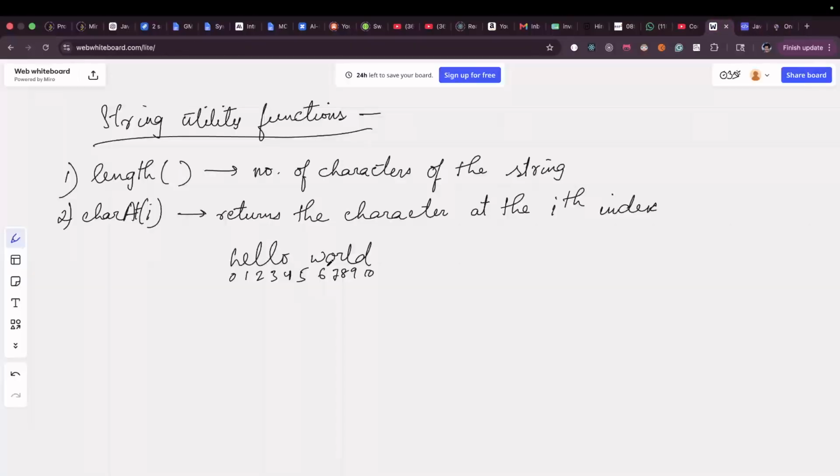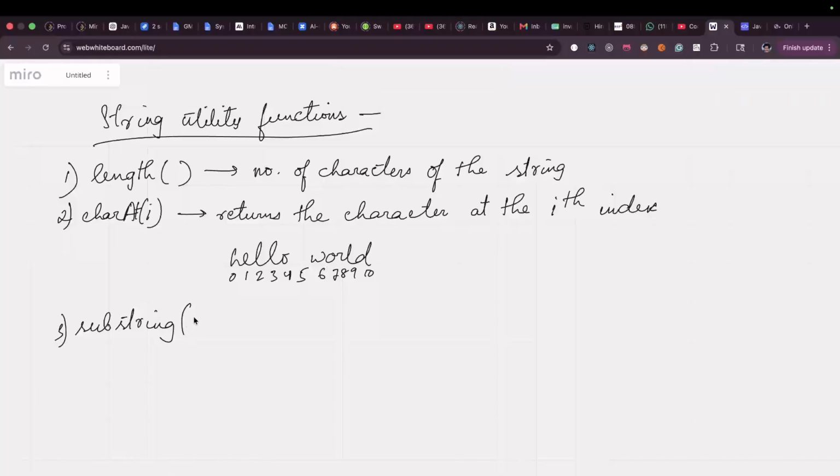Now after the charAt method, we have more methods. We have something called the substring method. The substring can be used in two different variations. If I just give one index,